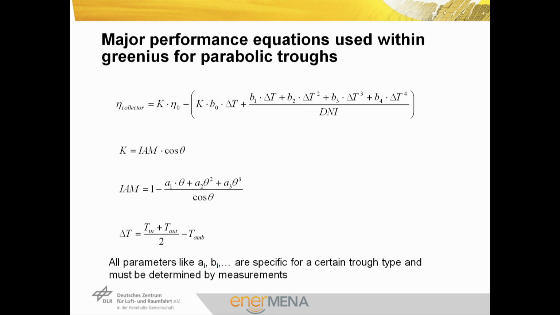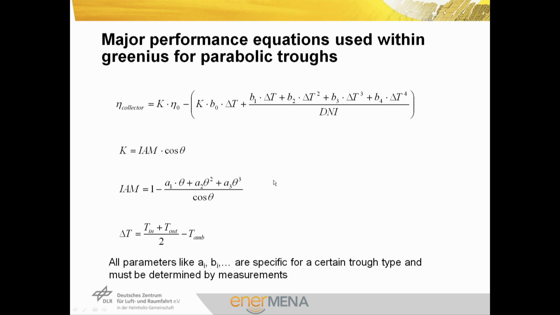This slide gives an overview about the equations used for the simulation in Greenius. This is just the main equation for the parabolic trough collector efficiency. And here it's shown how these coefficients from the collector input window are used in this efficiency equation. This is the optical efficiency. Here, B0 to B4 are the coefficients for the heat loss equation, and A1 to A3 are coefficients for the